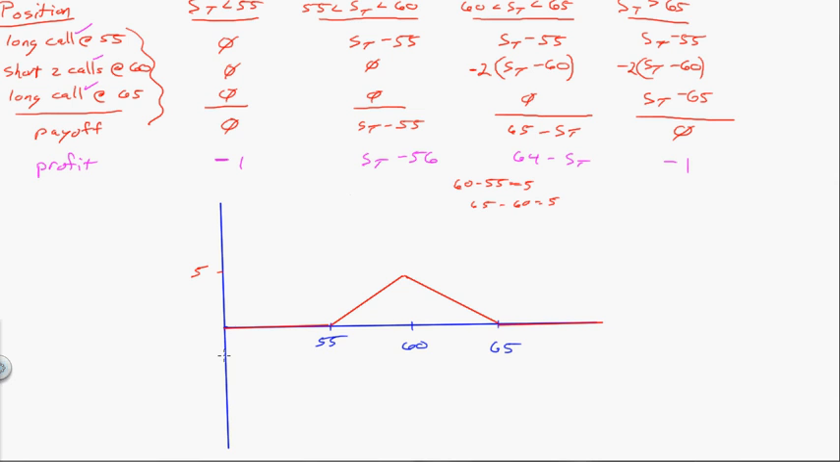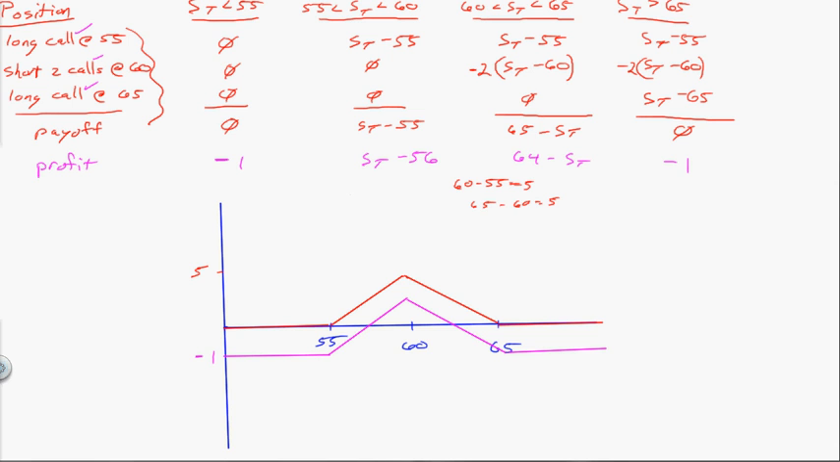So the profit diagram is going to look exactly like the payoff diagram, except, even though it's not drawn well, it's going to be minus $1. The distance here between the two lines is always exactly $1. Okay, so